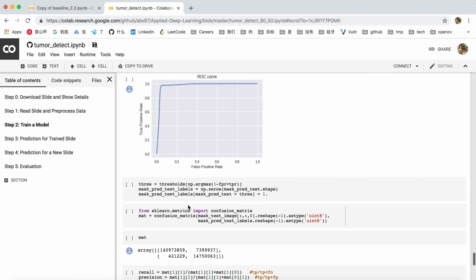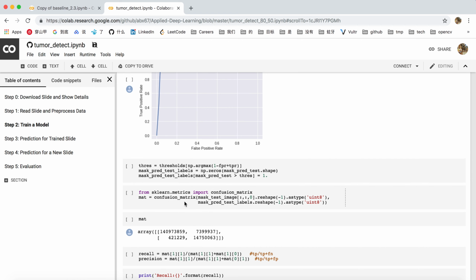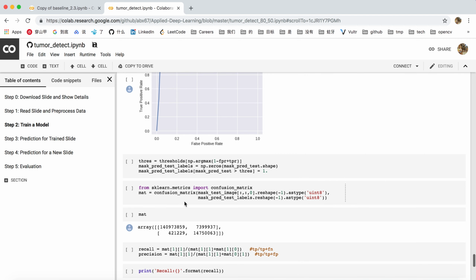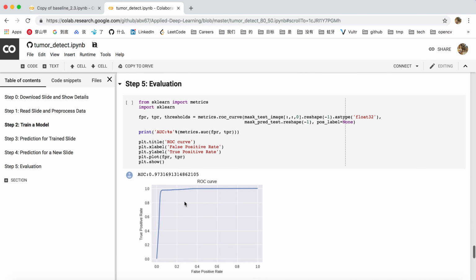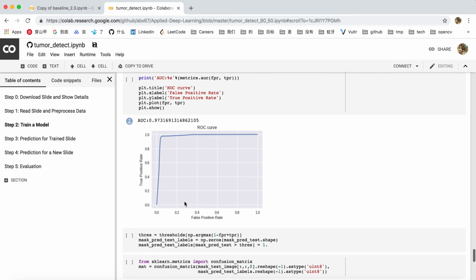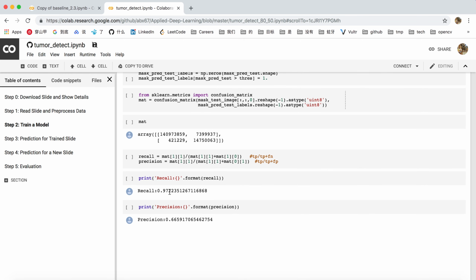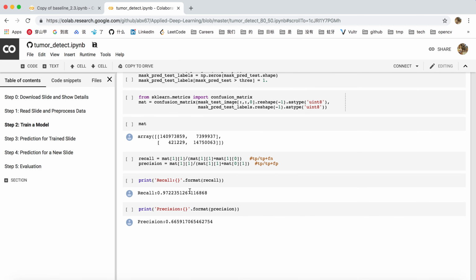And also, we calculated area under curve and the precision and recall, and also confusion matrix. We use confusion matrix to calculate recall and precision. And on the test dataset, our area under the curve can reach 0.97. Also, the recall is pretty high. It's nearly 0.97. Although the precision is not very high,